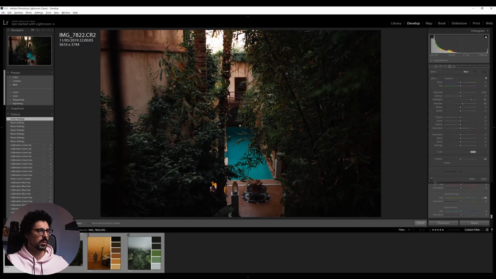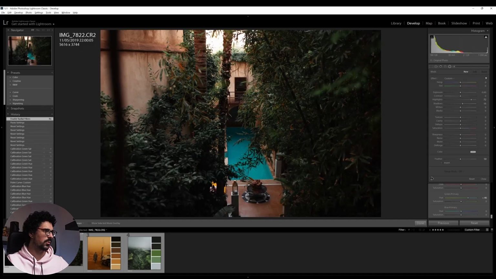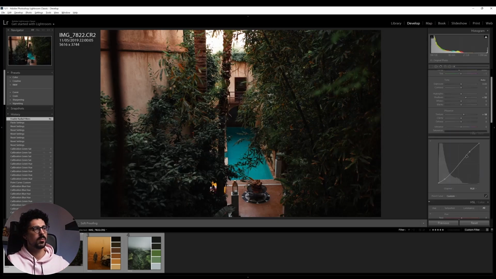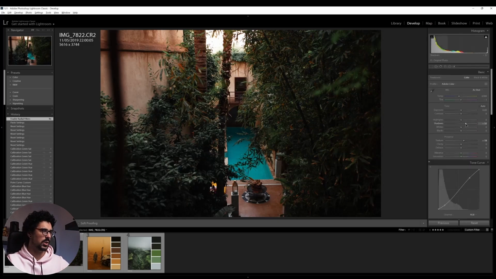What I would do is I would go to my radial filter, let's switch it off just to see what's happening. Alright, so in this case definitely I can see that it looks pretty cool, but it'll definitely need more work in the exposure settings. So we can go up all the way and let's see. So we have our shadows up. Perhaps what we can do is we can increase our whites